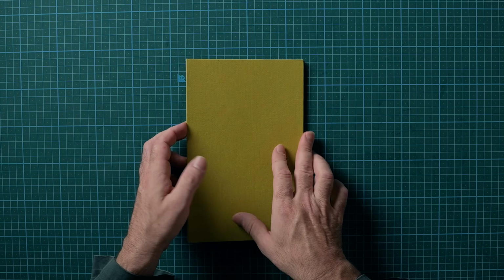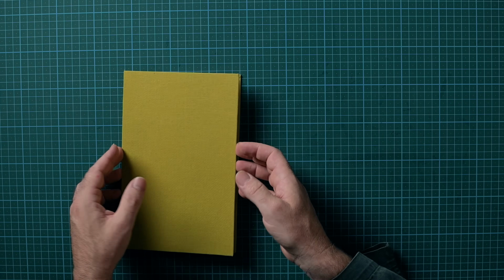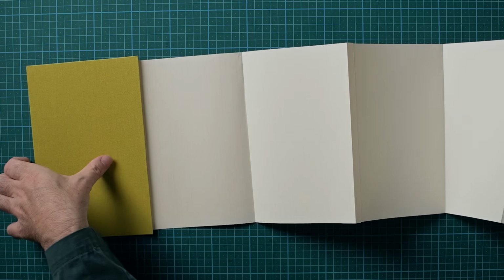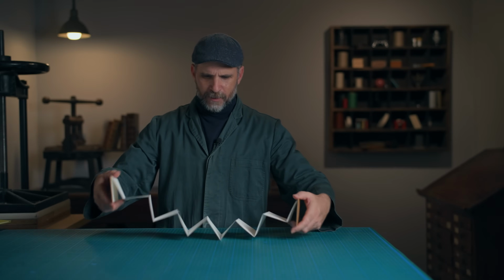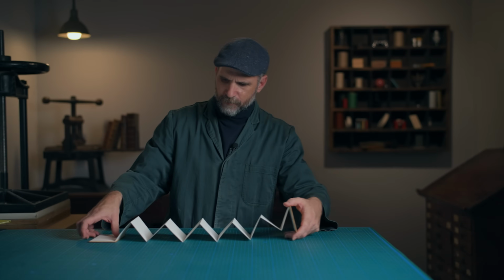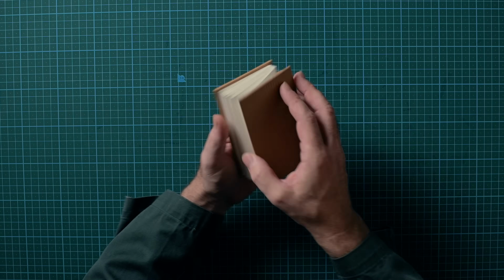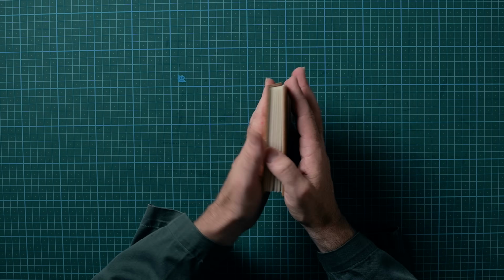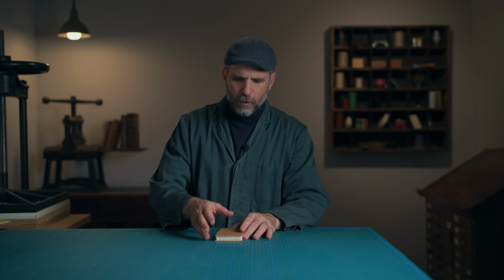Another nice book structure is the Accordion Fold. It is made out of one sheet of paper, or you can connect a couple together. Where's the connection? You can see it over here. I'll show you a small version of it. The connection here, you can see. It is constructed from two individual sides. You make one side and then the other and connect to the accordion. It could be hardcover, but it can also be